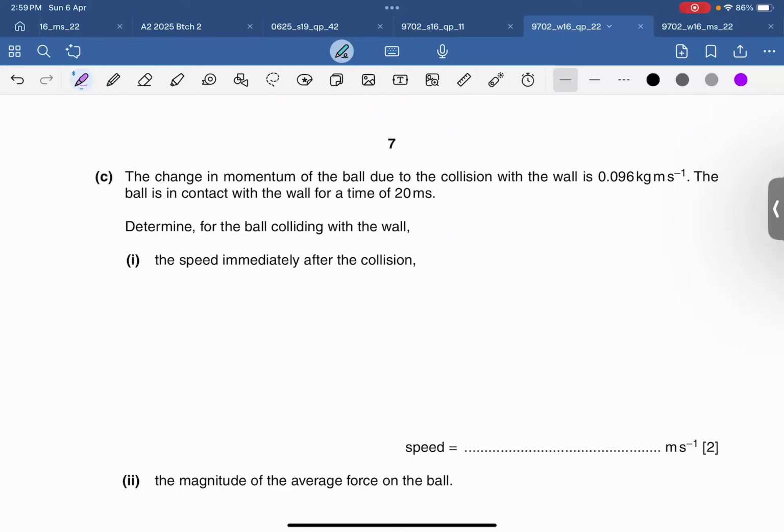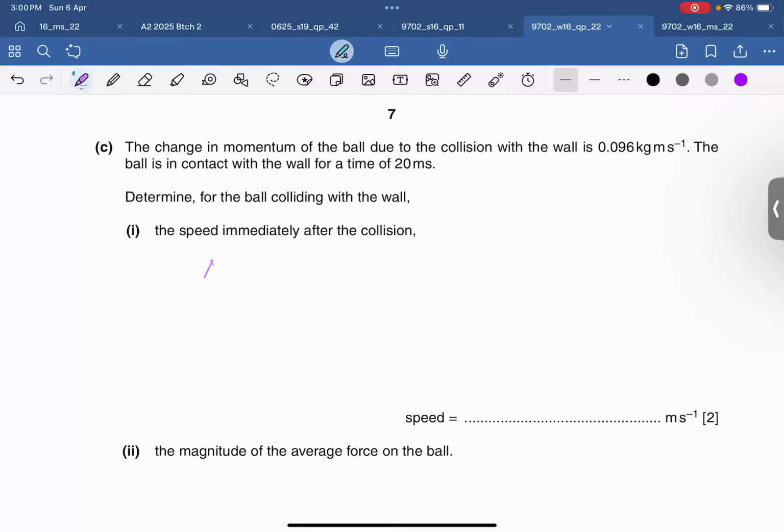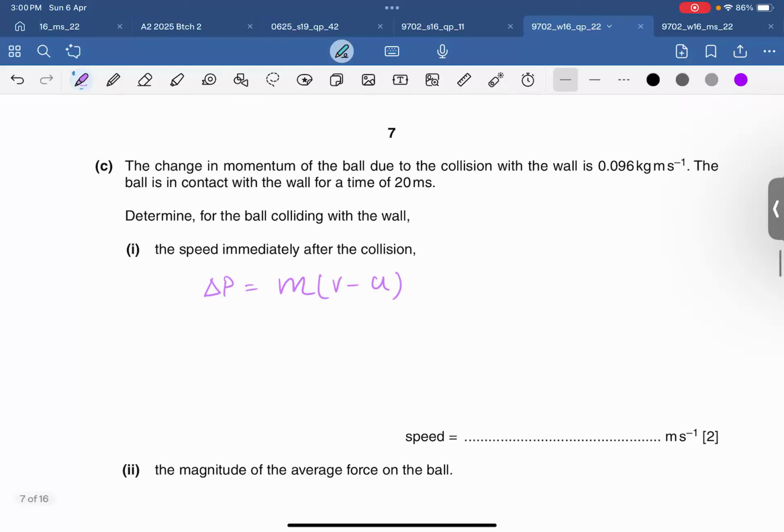The change in momentum of the ball due to the collision with the wall is 0.096 kg m/s. The ball is in contact with the wall for a time of 20 milliseconds. Determine, for the ball colliding with the wall, the speed immediately after the collision. Okay, so change in momentum is given. So क्या करोगे? V minus U, right? And the initial velocity जो आपके पास वो है, सही है. So initial velocity with which the ball is hitting is